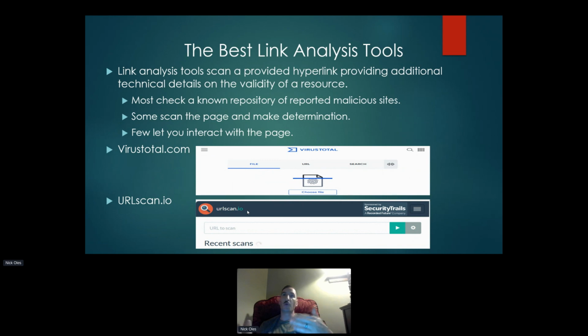So they will run it through like a reputation scanner. They'll run it through what they know about this resource and determine, what have people reported as phishing, what have people reported as malware. Is it a good site? Is it a bad site? And it's not 100%, but it's a good place to start. Some will scan it and say, oh yeah, this is super weird, it just got spun up today, I don't know about it, or yeah, people have reported this. Some won't. Some though will let you interact with the page, and the two that I think are the best right now,